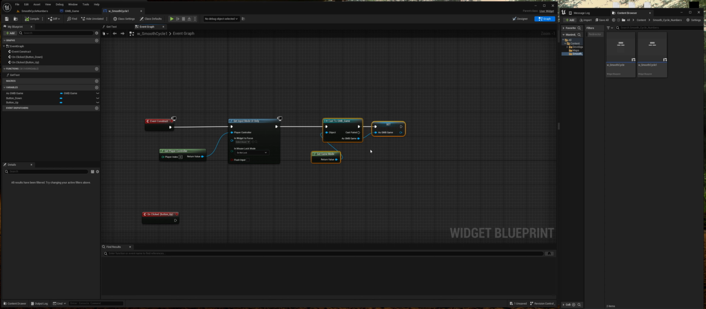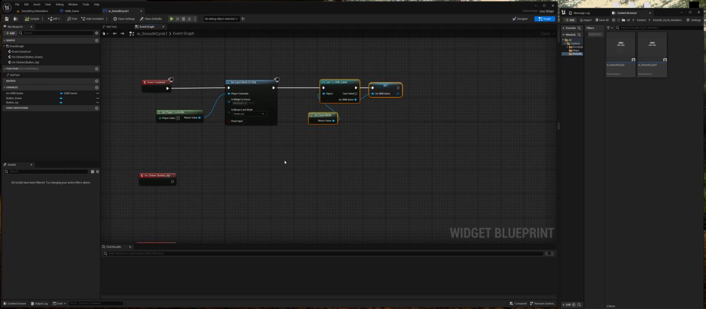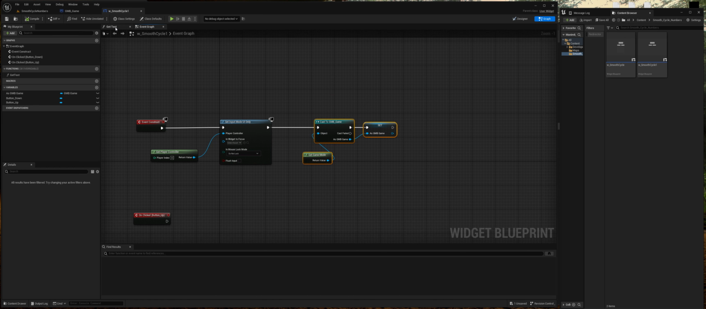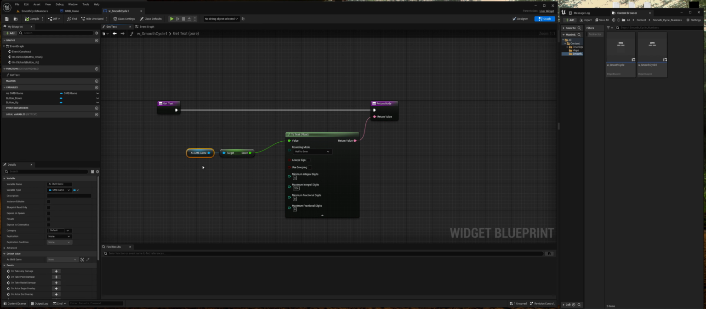You can do it in your player controller or your character, whatever you keep your scores. That's probably where you want to do it. I can't do the code for this tutorial in the widget itself because you can't do timelines in widgets. The only other bit of code I got here is I'm getting my game mode reference, getting the score and printing it out